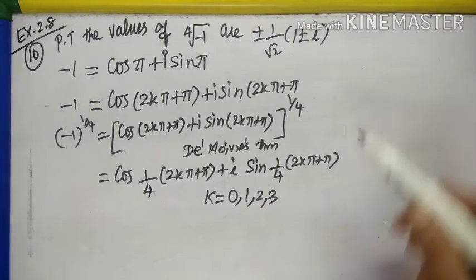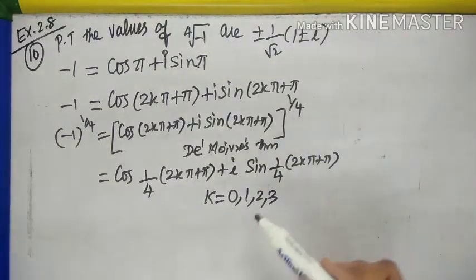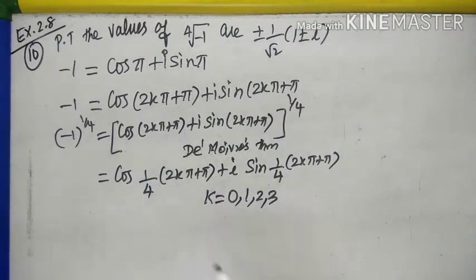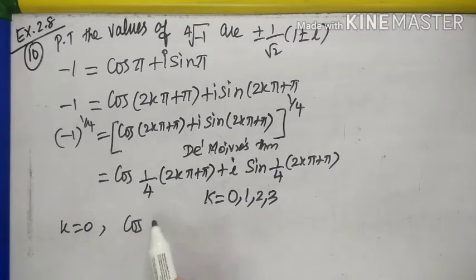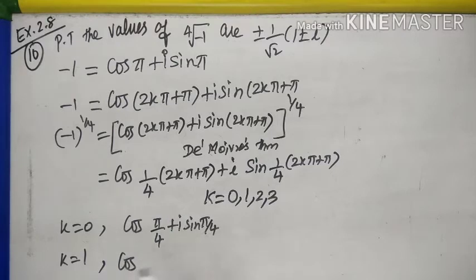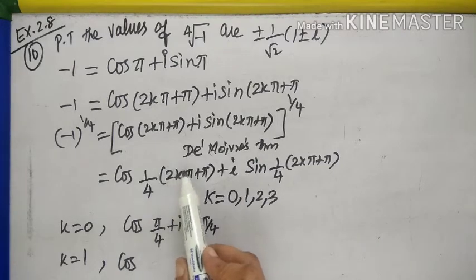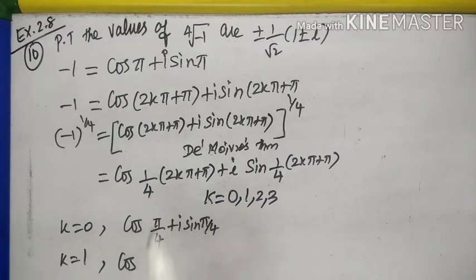In the previous problem, we stopped the answer with this. But here, they have asked it, so we need to prove the answer. Wherever k comes, put 0, 1, 2, 3 and find the answers. So first thing, k 0. What do I get? Cos, putting 0 here means 0 plus pi, that is pi by 4, plus I sine pi by 4. Put k value 1. Cos, putting 1 here, it is 2 pi plus pi, 3 pi by 4